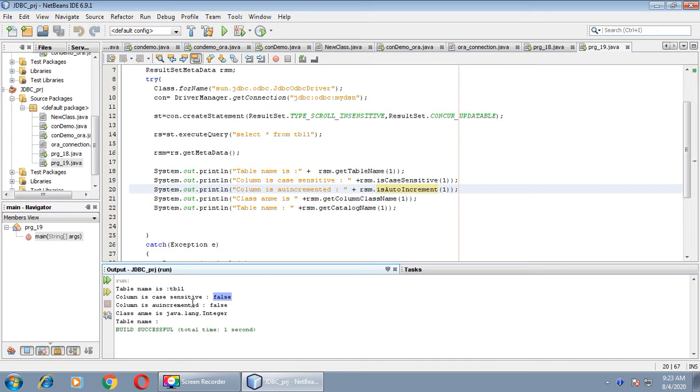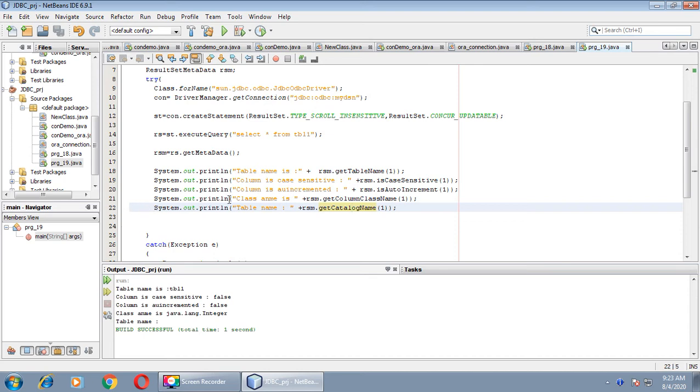Column is auto incremented? No, false. Your class name is java.lang.Integer. Here you can find the appropriate class name for this particular column. Our first column is number data type, so we got java.lang.Integer. The catalog name is not shown.